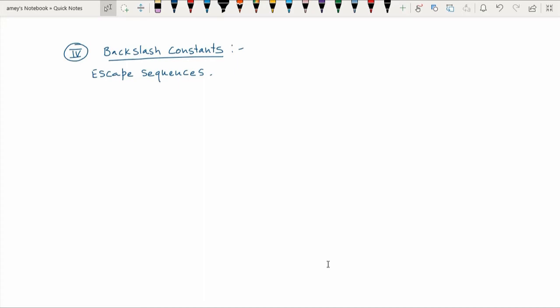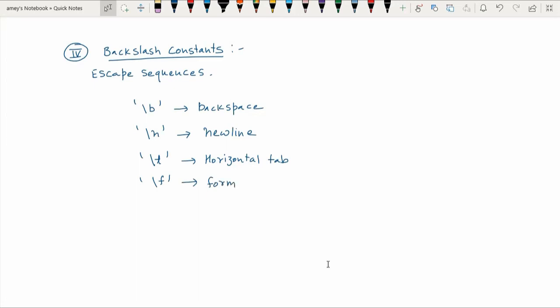So the escape sequences are: backslash b, used for backspace; backslash n for new line; backslash t for horizontal tab; backslash f for form feed; backslash r for carriage return.